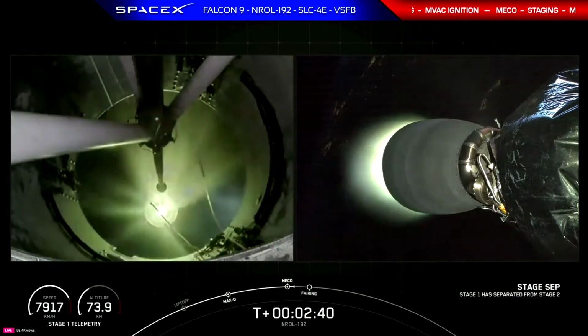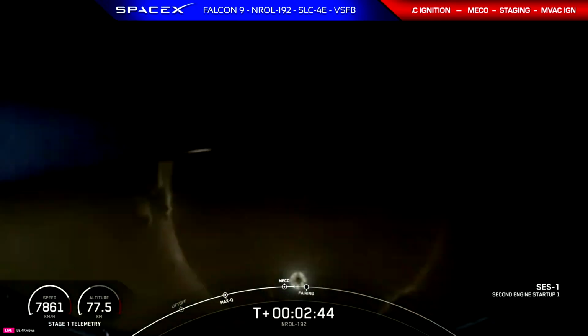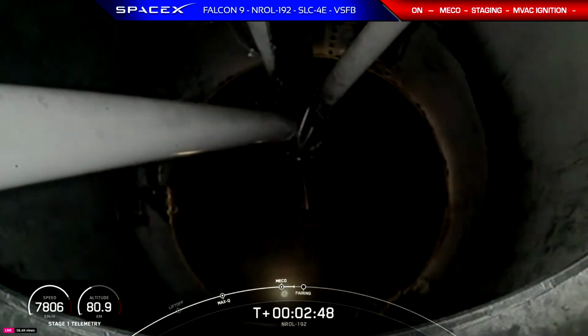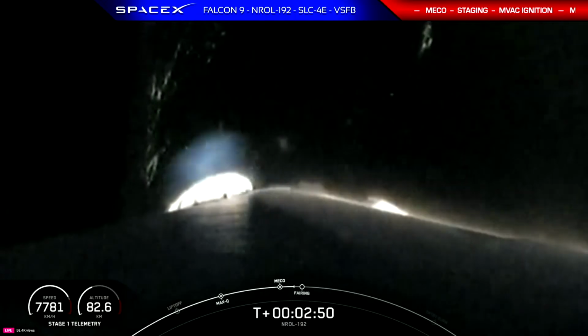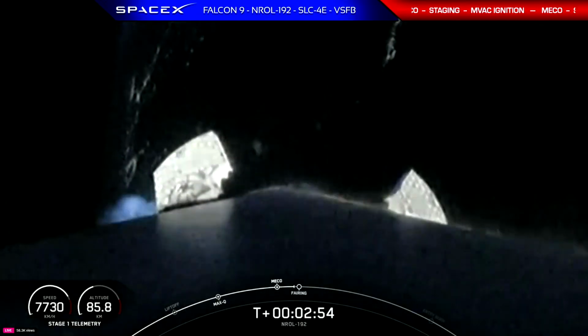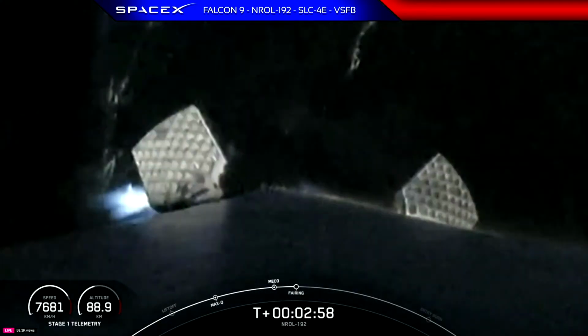Stage 2 startup. And a good series of back-to-back callouts there, which began with MECO, stage separation, and SES1. Coming up shortly, we should hear a callout for fairing separation, but as a reminder, we will not be showing it on screen. Both payload and fairing have supporting...